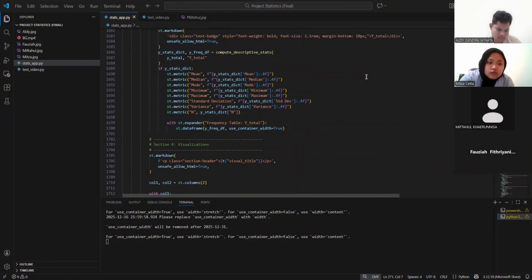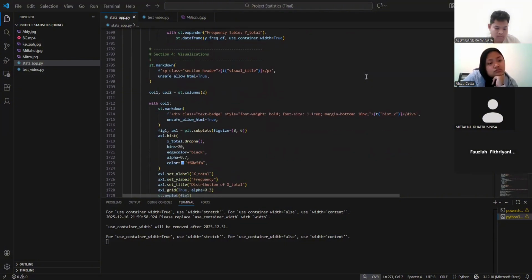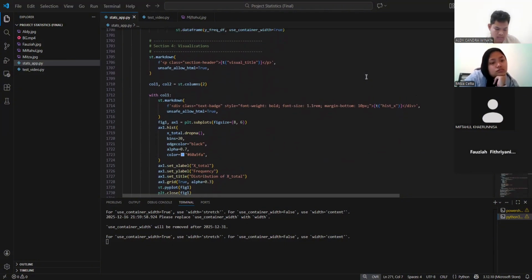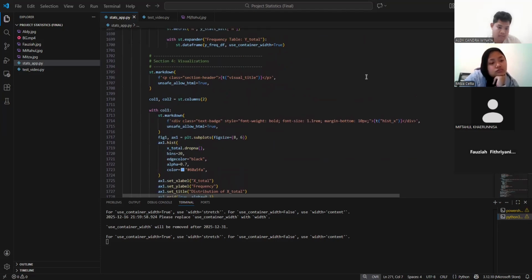Row 1700 to 1800 displays descriptive statistics for the composite scores X total and Y total. Rows 1702 to 1704 show the subsection title for composite score analysis. Rows 1706 to 1707 divide into two columns to present X total and Y total side by side.